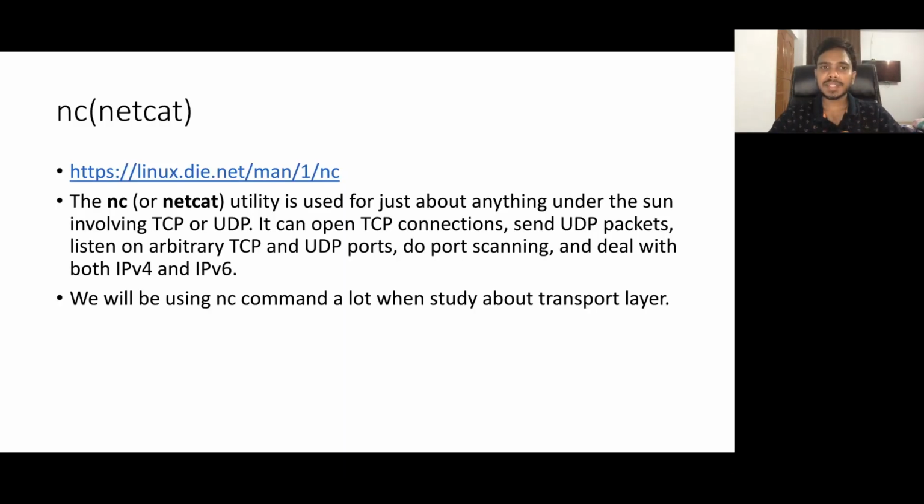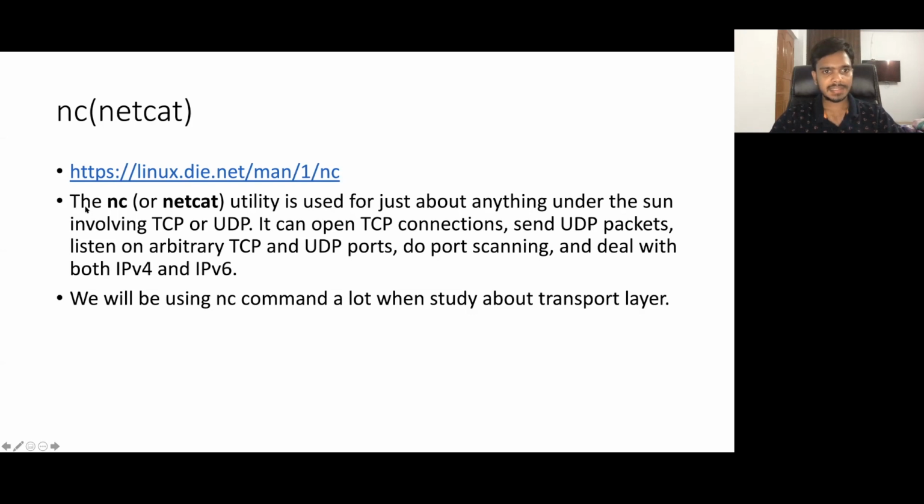Now let's discuss the third command, which is very important. So netstat I have already discussed a lot previously, so I won't go into details of netstat here. But netcat or nc command is very, very important when you want to understand TCP and UDP protocol. I will take a lot of examples in the further videos that I make on TCP and UDP. So of course, again, you have the manual page, and you can type man nc, and then you can see all the help, all the flags that can be used for the nc command and what it does.